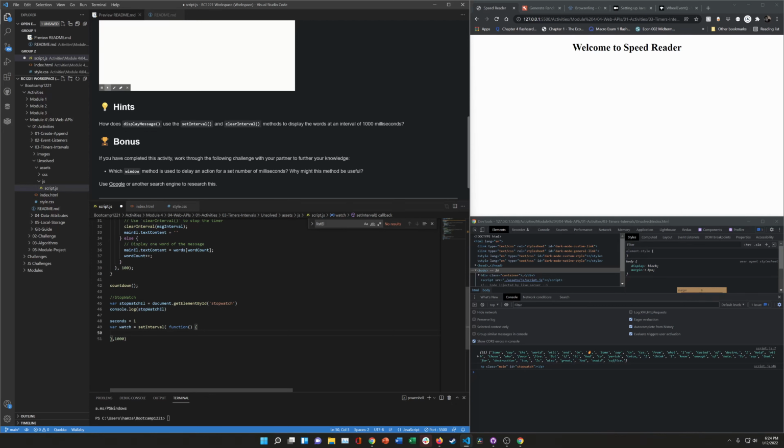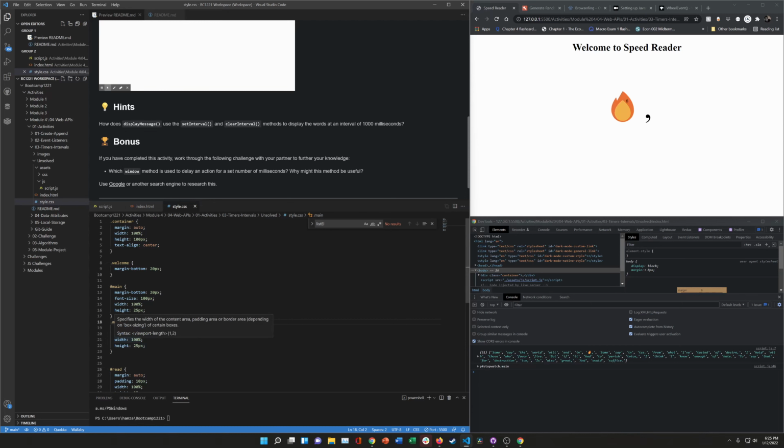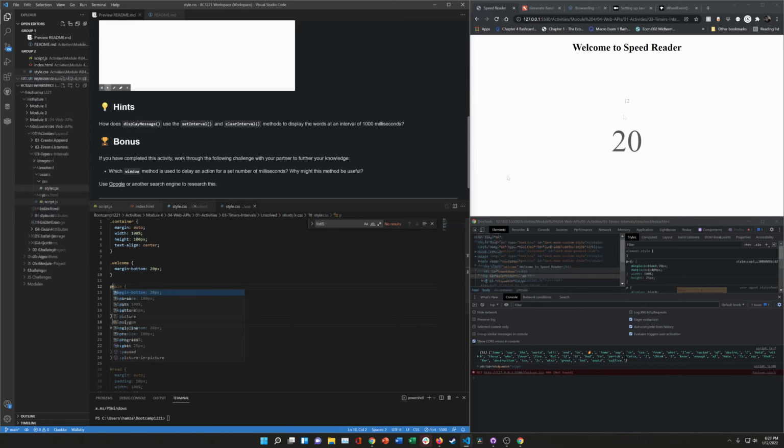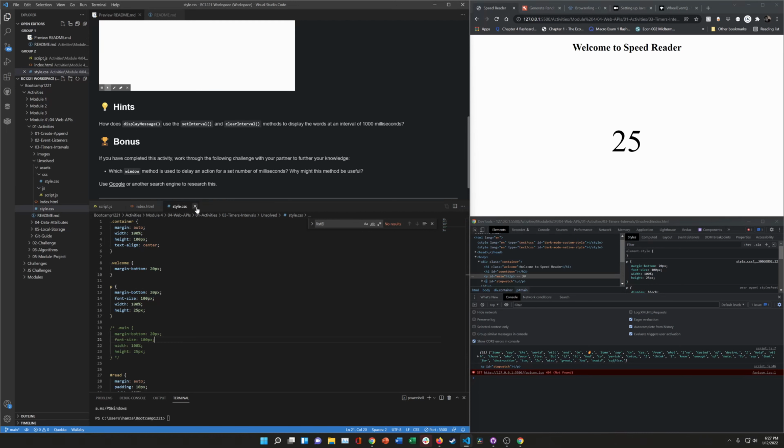Okay, so we'll just do seconds plus, and we're going to set this to a value. Variable seconds equals 1, seconds plus, and we will do stopwatch element dot textContent to be equal to seconds plus, and we will just clear this. Okay, so here's our text. I thought it would take the same margin bottom, font width, font size. Okay, so now that we've made the text bigger after finding out there are 2 style sheets,